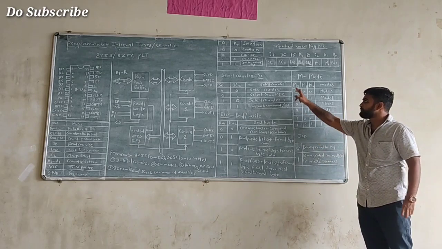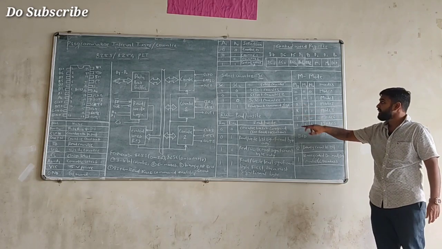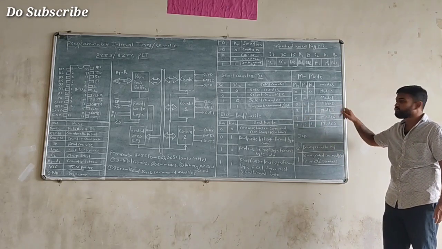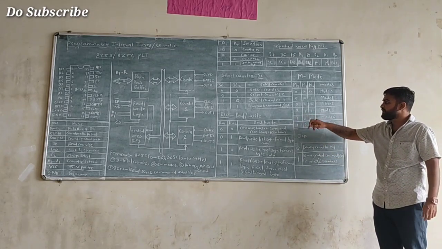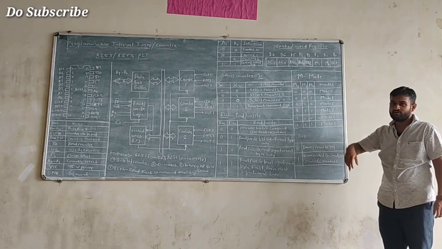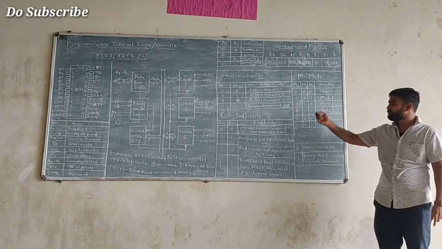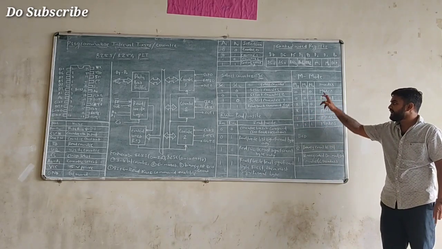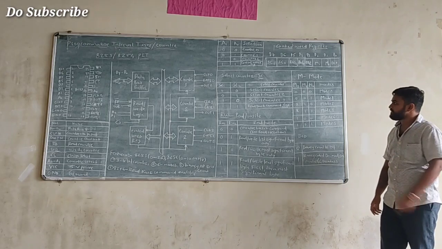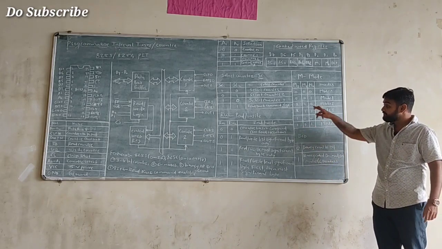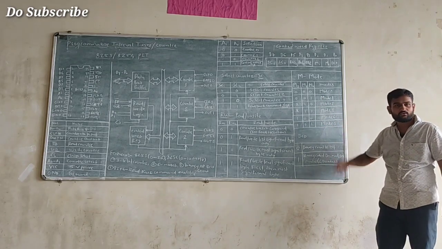In a situation where M2 is in a don't care condition and M1 value is placed at 1 and M0 is placed at 0, at that time mode 2 is going to get selected. Similarly, with M2 don't care, M1 value placed at 1 and M0 at 1, at that time mode 3 is going to get selected. If M2 value is 1, M1 value is 0 and M0 value is 0, at that time mode 4 is going to get selected. In a situation where M2 value is 1, M1 value is 0 and M0 value is 1, at that time mode 5 is going to get selected.